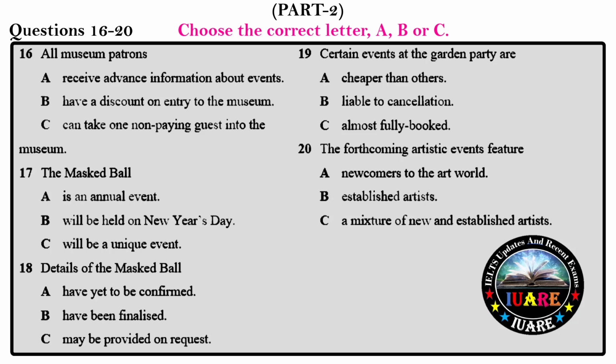One exciting event that has been confirmed is the Summer Garden Party. We are anticipating a lot of interest for this one, so it's best to book well in advance. Whilst the tickets are by no means cheap, we like to think that the price reflects the quality of the event. Amongst the many treats we have in store for you is a live orchestra playing in the museum's gardens,